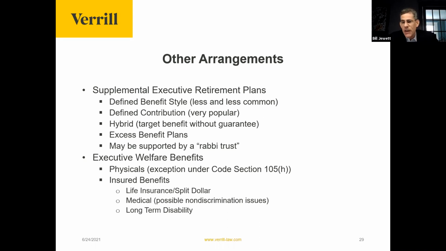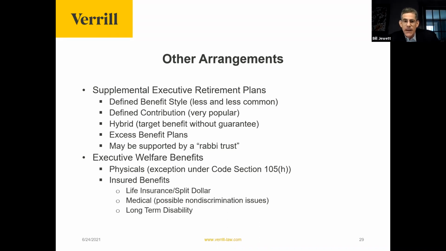There are also so-called excess benefit plans, which are essentially deferred compensation plans that are designed to give an executive benefits over and above what can be provided, given that the IRS limits the amount of compensation that can be taken into account under tax qualified retirement plans.